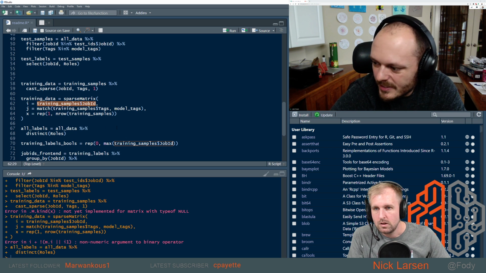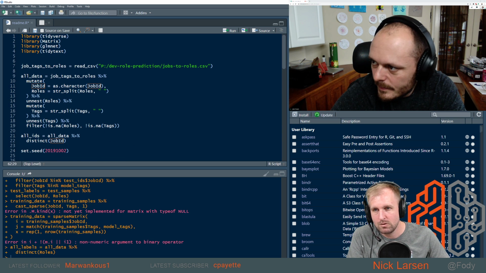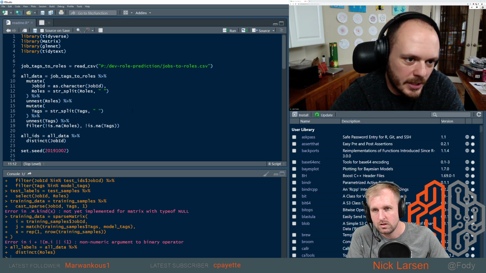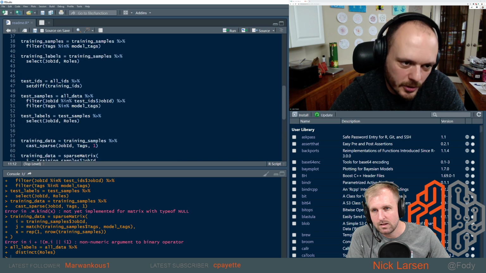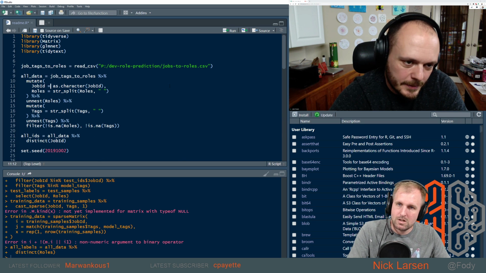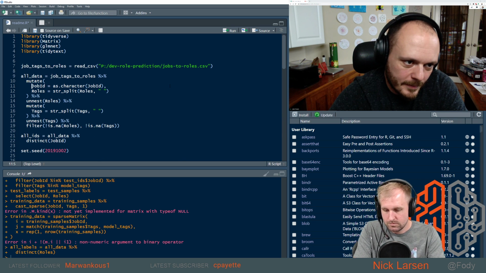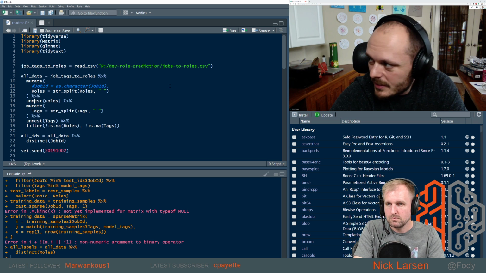It's garbage. So do I need, maybe I need it to be a factor. Maybe that's the problem. Do I need the tags and the other one to be a factor? What if you just didn't change it to an int? Or sorry, what if you didn't change it to character? So the problem is that cast sparse should still work. I mean, I realize it doesn't work right now, but